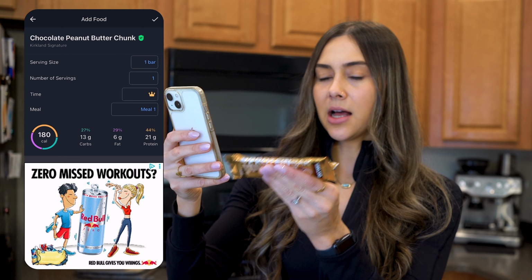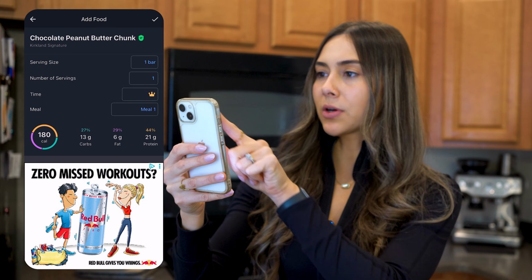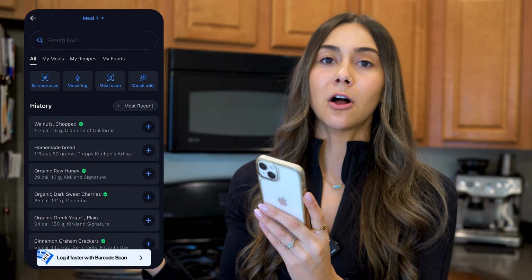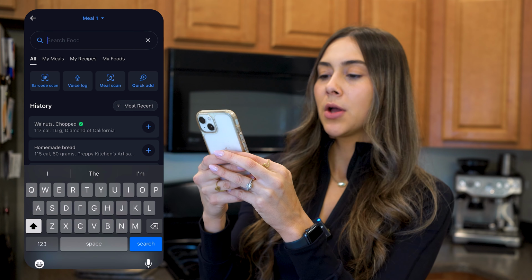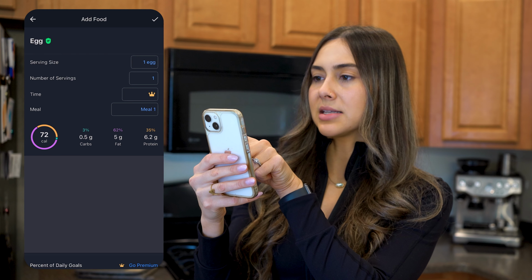So this is 180 calories, 21 grams of protein, and the other macros match. So we're gonna click check mark, boop, there it is. It is tracked, ready to go. This works for all foods that don't even have a barcode. So what you can do, search food at the top. We're just going to put egg, and there you go, 1 large egg, and that is how you would track